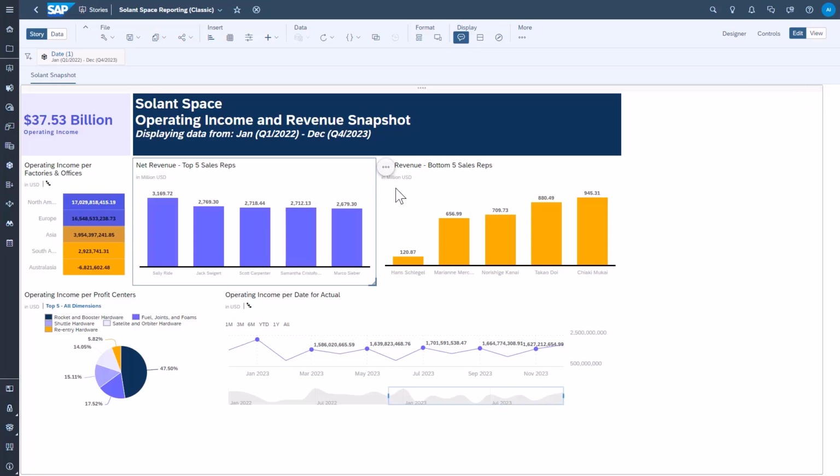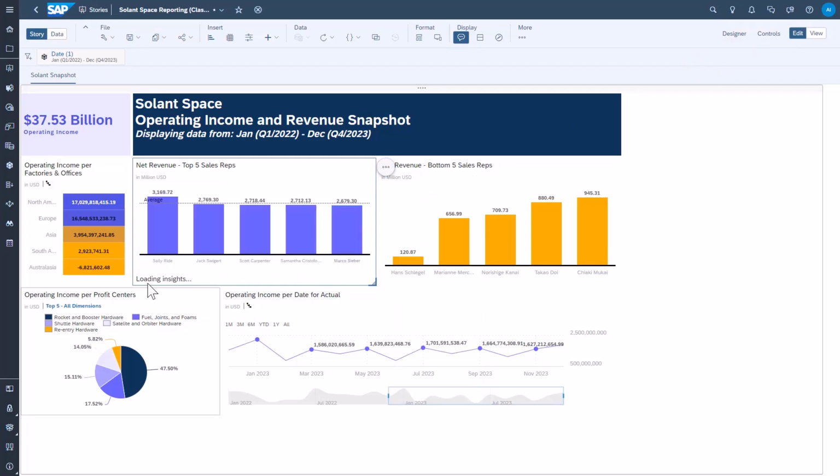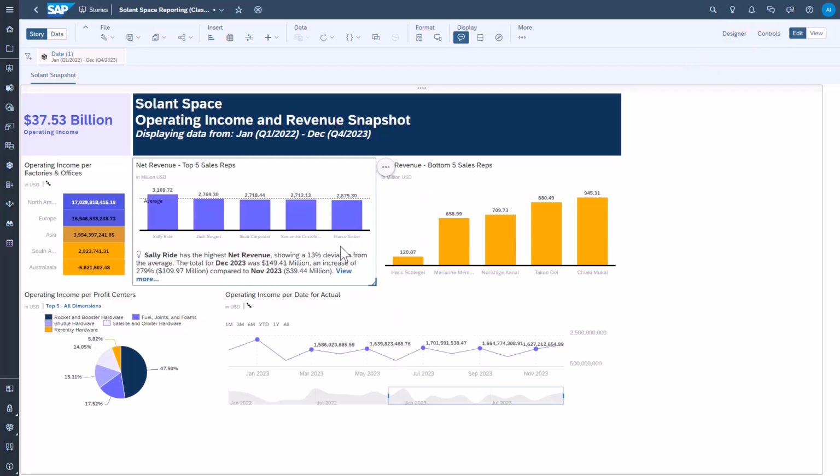When you're in edit mode of a story, hover your mouse and click on any of your visualizations, and a More Actions button will appear. When you click on that More Actions button, you're looking for the icon called Add Smart Insights. This uses the same icon, the light bulb, as other smart features in the tool, including Search to Insight up in the toolbar. When you click on Add Smart Insights, the insights will load and be provided at the bottom